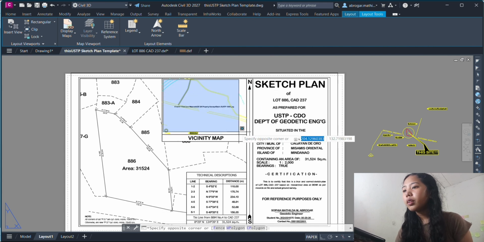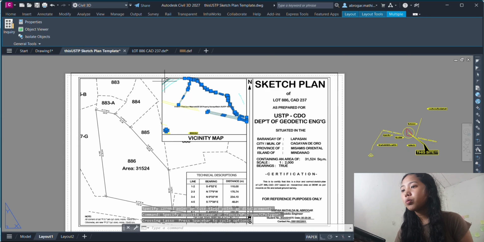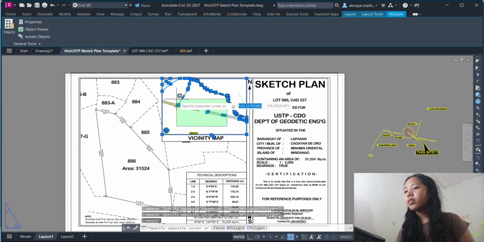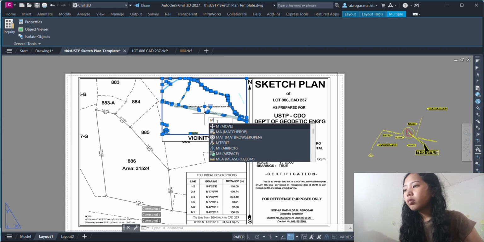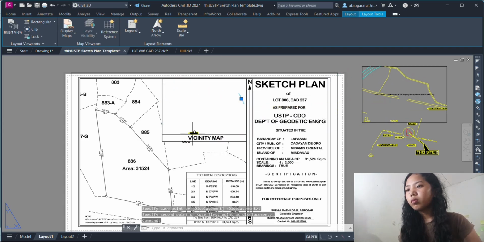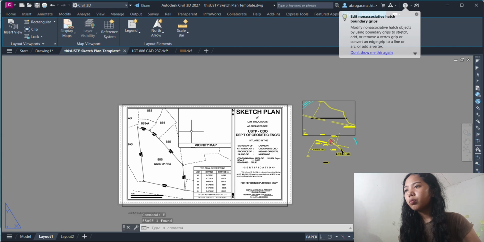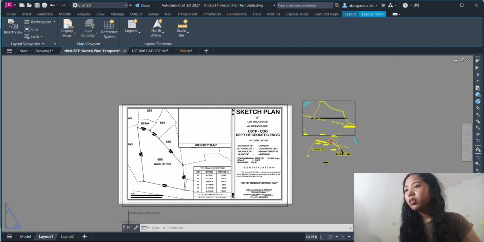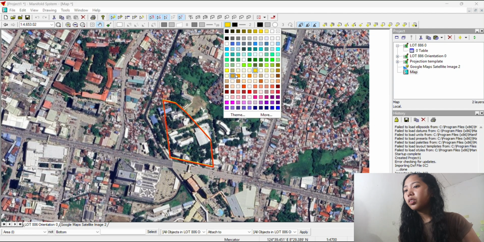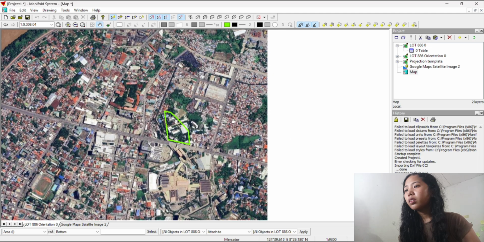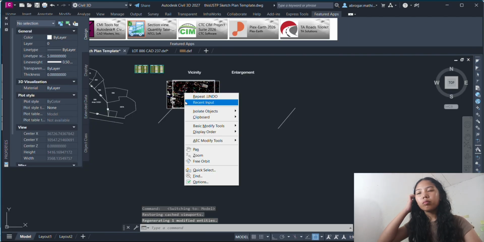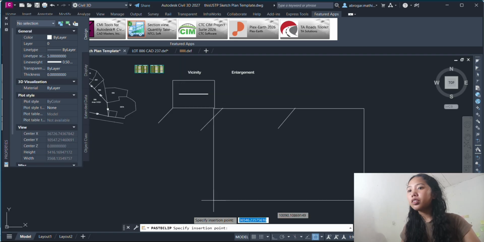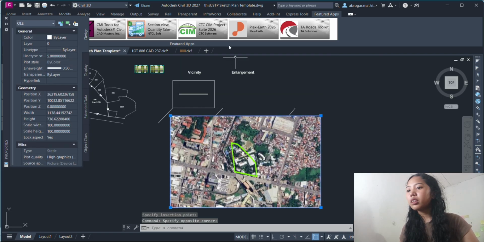I select map, then it shows this, then zoom, zoom, change color, then screenshot, select color, then screenshot, then paste it to the vicinity.